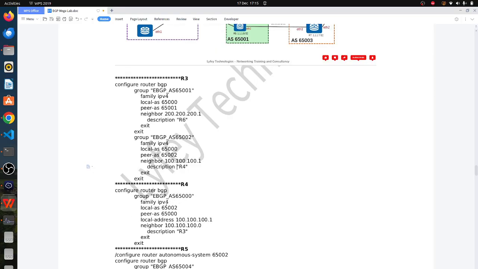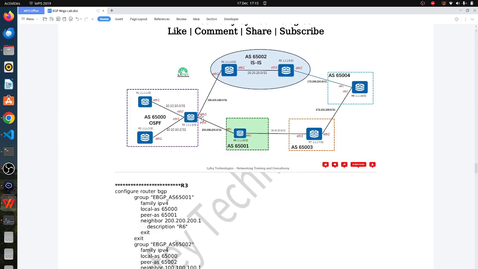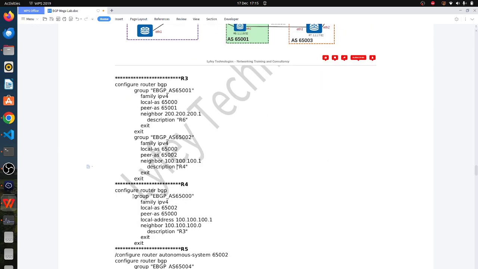So on R4, we need to do the same. R4 has to establish an EBGP session with R3. So this is also very straightforward. We are creating an EBGP group AS65000. Family IPv4, we specify the local AS, this is the correct AS, and then we have the peer AS, we are configuring the local address, we have the neighbor. So we need to use the point-to-point IP configured on R3. This is